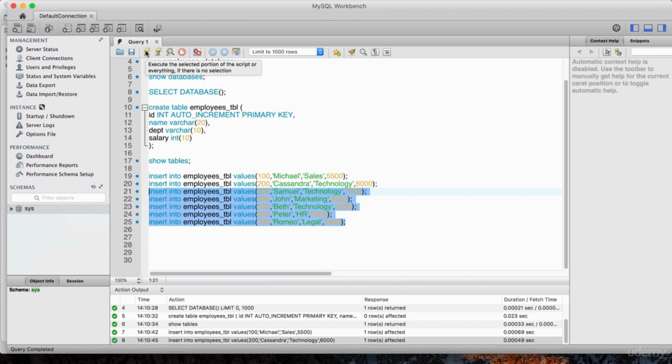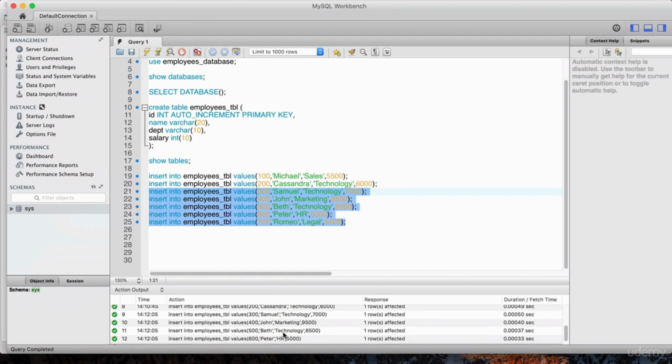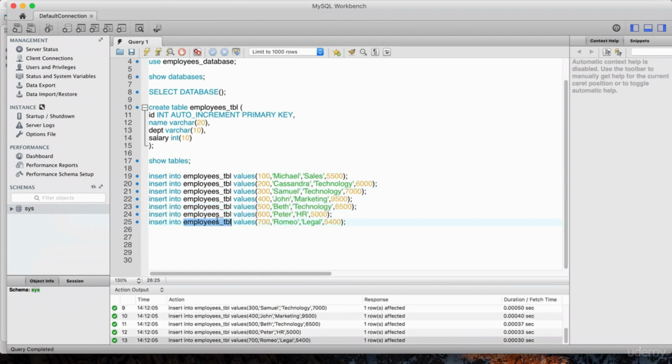Notice when I put my mouse on this Thunderbolt button, it's saying execute the selected portion of the script. Right, that's what it says. So we have to select the portion of the script that we want first and then run this button. So I'm just going to highlight all of these and then hit that button, and boom, there you go. All of those records, we've got John, Samuel, Beth, Peter, Romeo, all of these guys made it into the employees